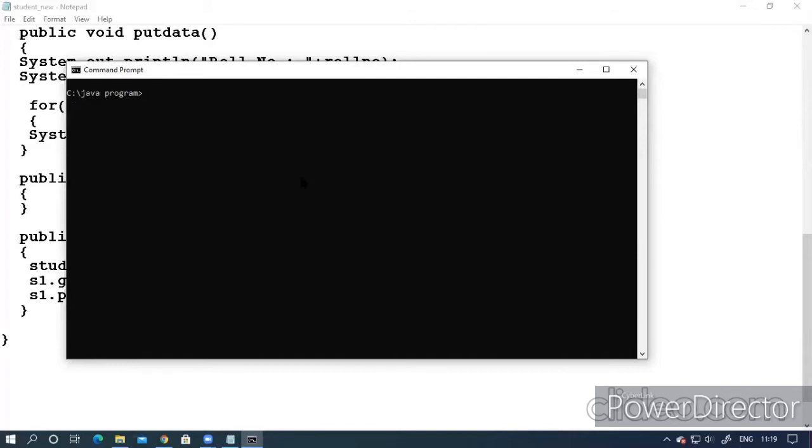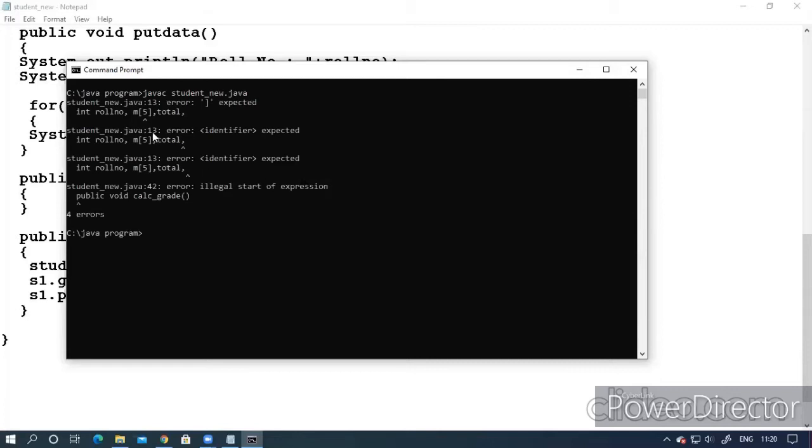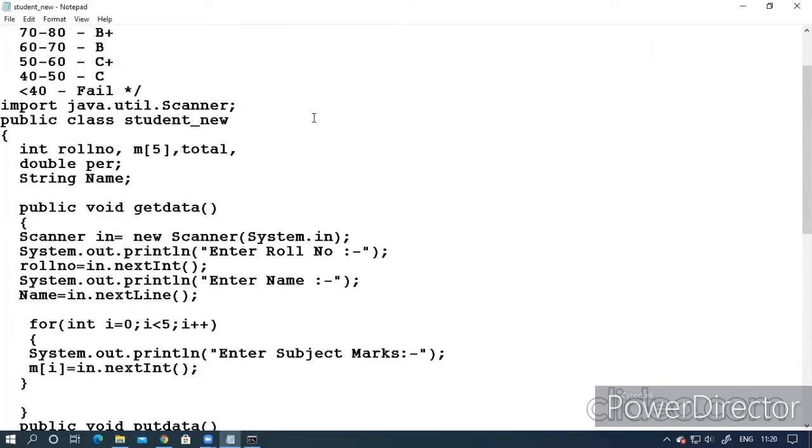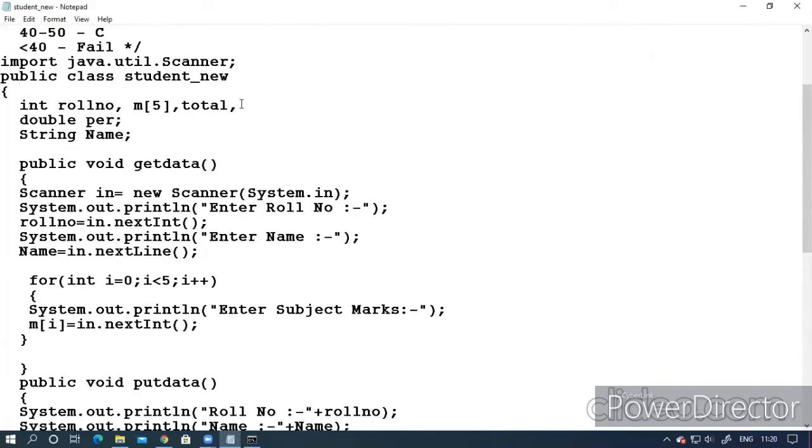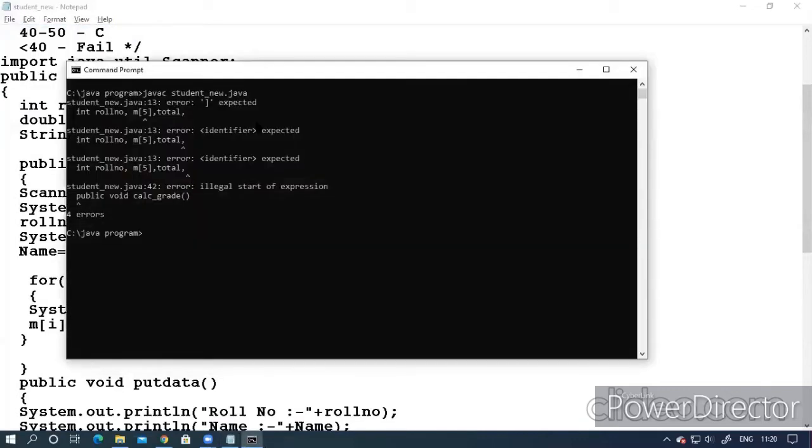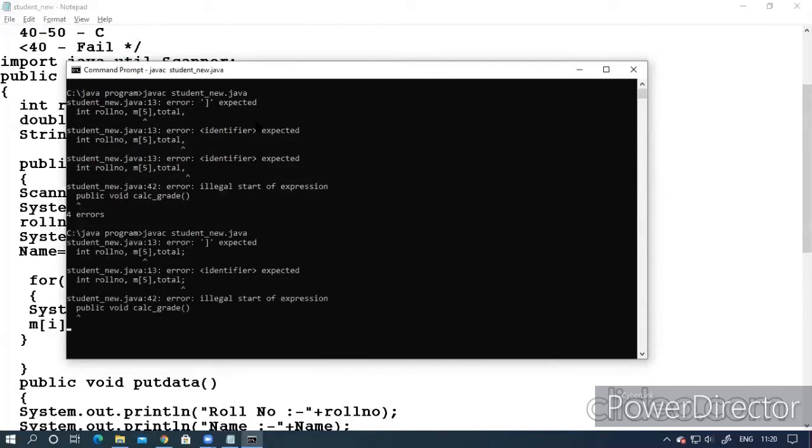So that program is available now in javac. So there is an error, a declaration error. First of all, this should be a semicolon. Then there is an error.